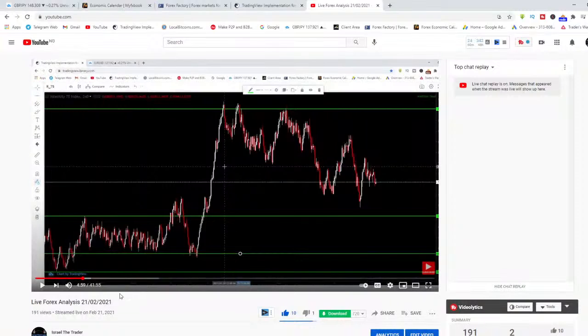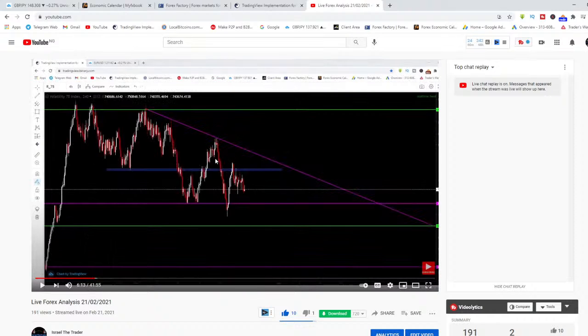But let's see, when I say something regarding what I'm expecting on volatility 75, you see I drew my trend line now and I drew this level, right? Which basically means that I'm expecting volatility 75 to continue to push back down to the downside. So let's listen to what I said last week regarding this.